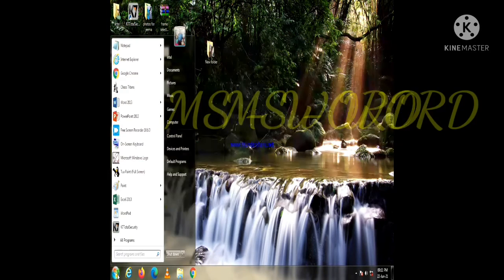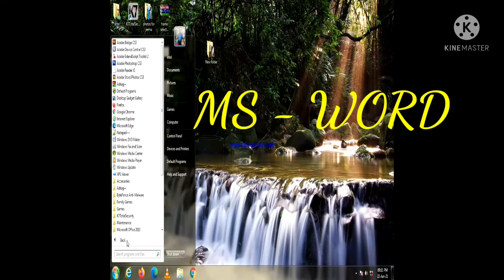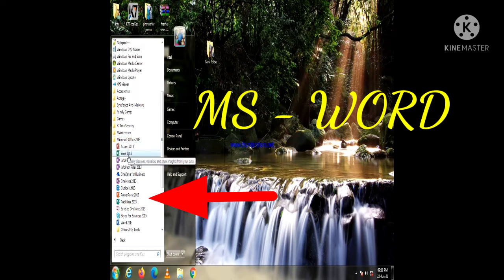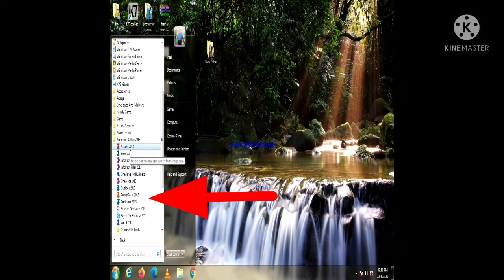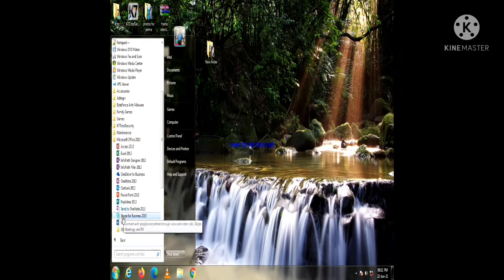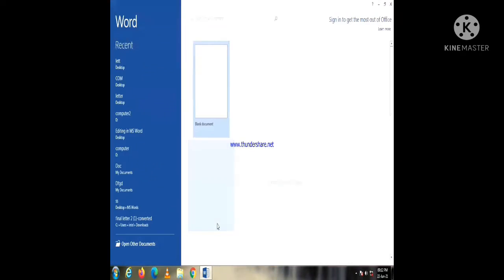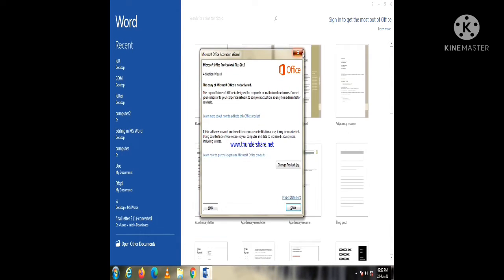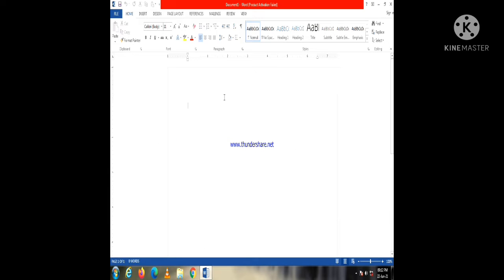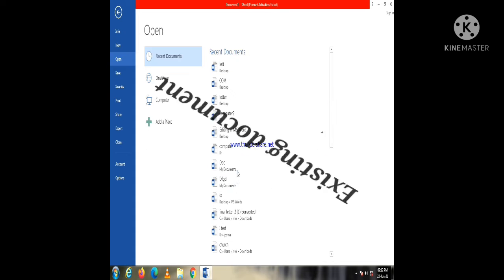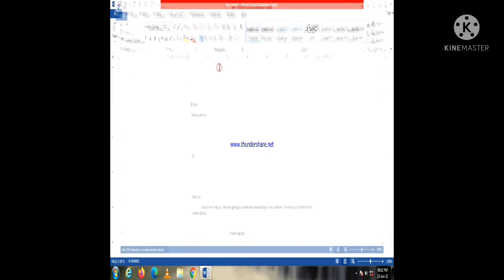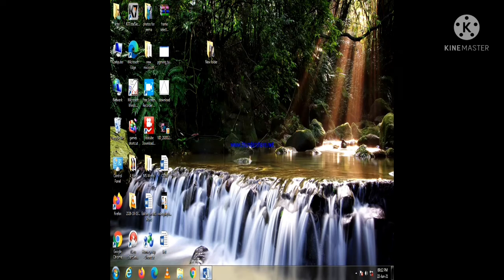First, start MS Word by clicking on the Start button to display the Start menu. Then click the Programs option. Then select Microsoft Word. Then choose and click the Word 2013 option. You can see many files under the Microsoft Office folder. Choose the Word 2013 file among them. Here you click on Blank Document. A new Word document will open up. Or else you can choose an existing document that you have saved already.